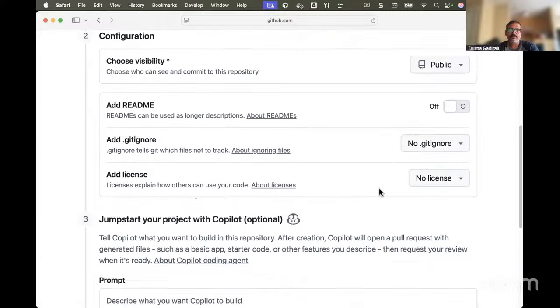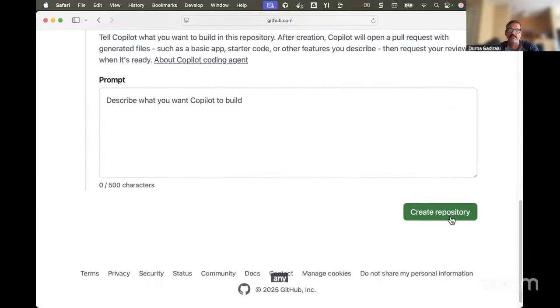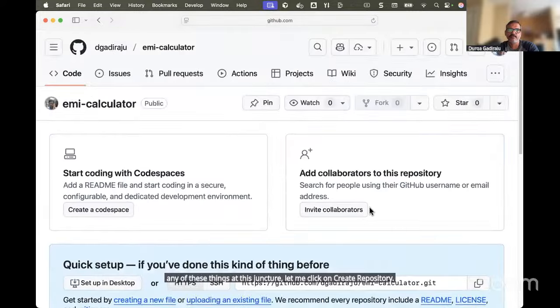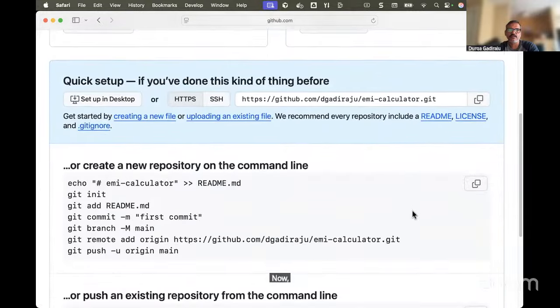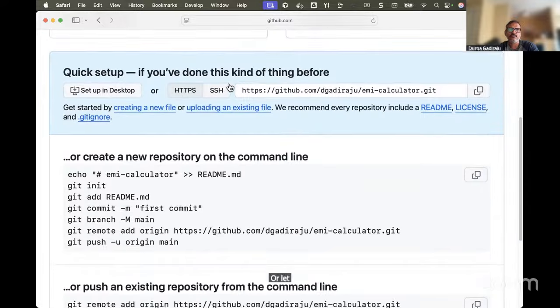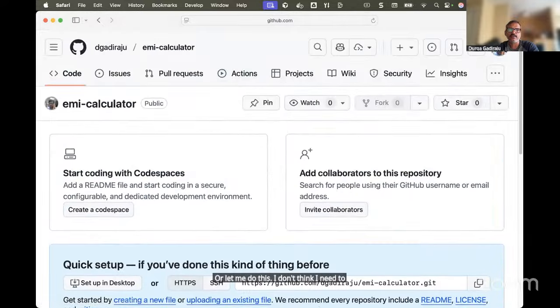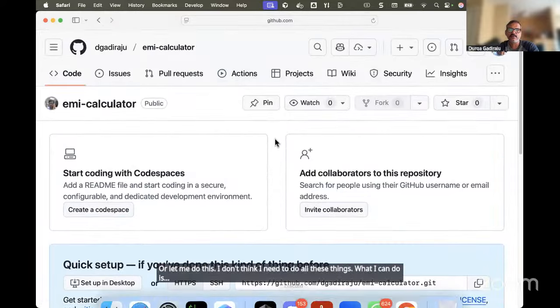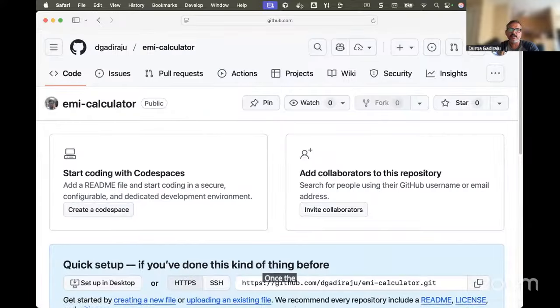We don't need to worry too much about any of these things at this juncture. Let me click on create repository. Now the repository is created. I'll be creating a new repository and integrating with this. For that purpose, I have to go to my terminal, or let me do this. I don't think I need to do all these things. What I can do is, once the Git repository is ready,